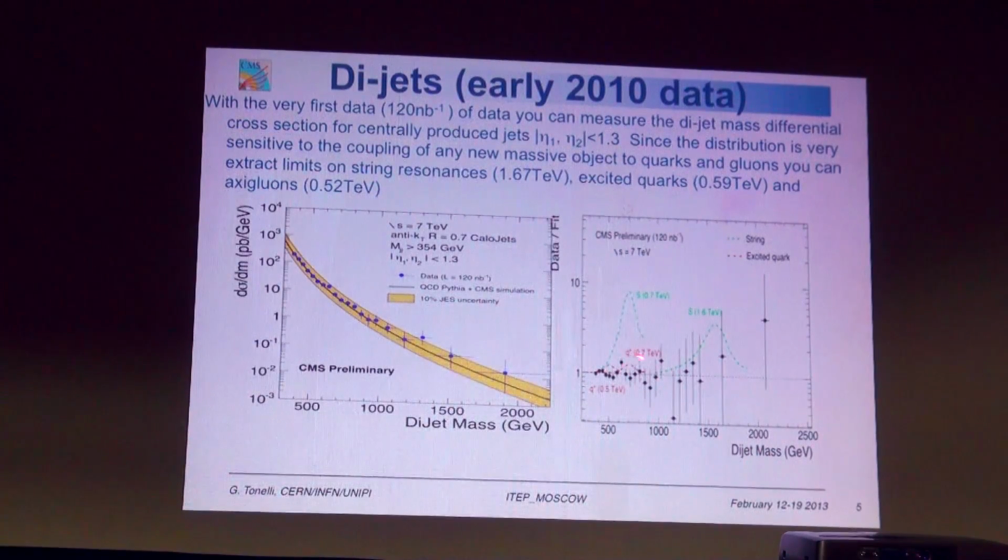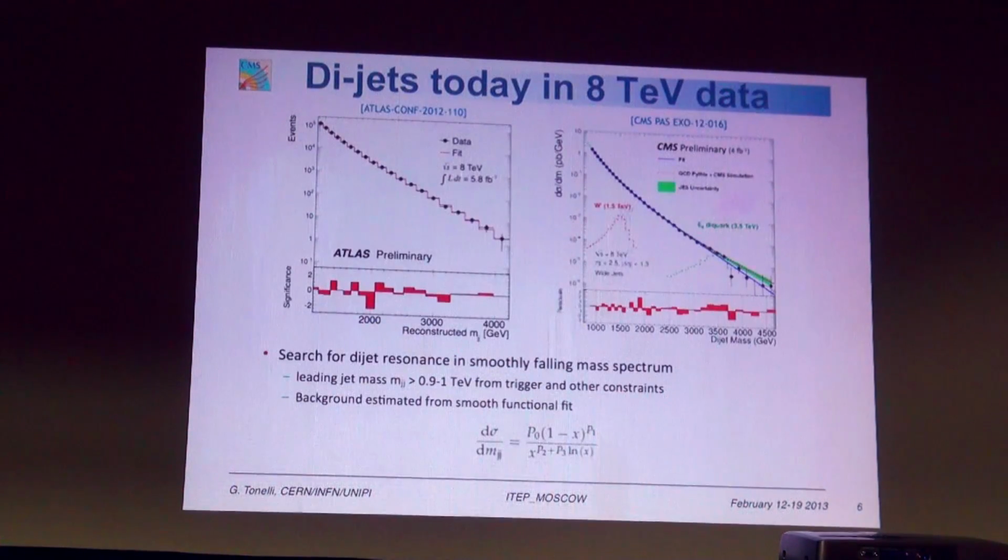Excited quarks of a few hundred GeV or new string resonances of 1 or 2 TeV will appear as an excess of events. You don't see them, and so you can put limits. So this is really, if you wish, the simplest search one can imagine for looking for new heavy objects. And those are the plots today, because this search continues. Because at any moment, again, nobody knows, at any moment we might see something which is unexpected.